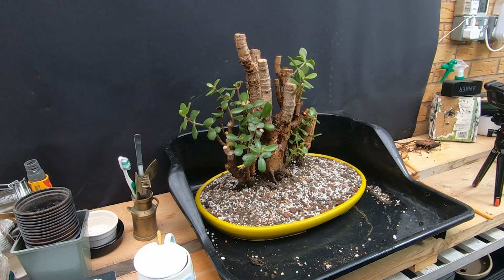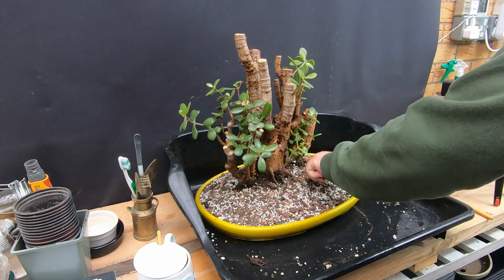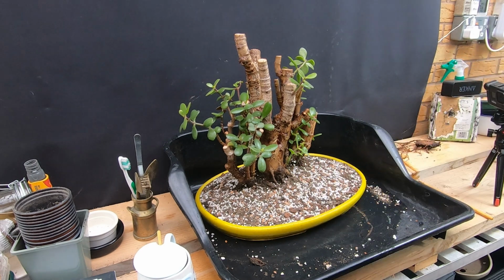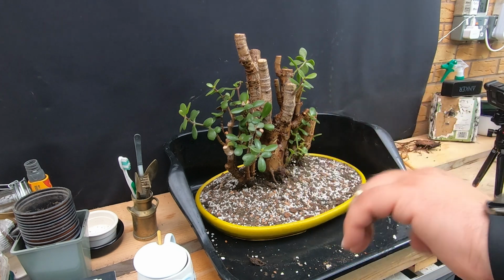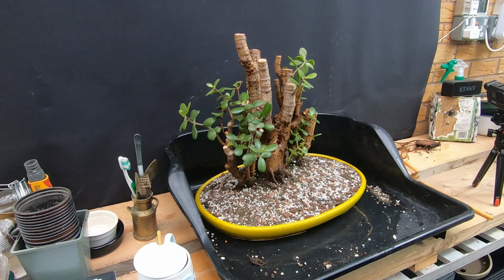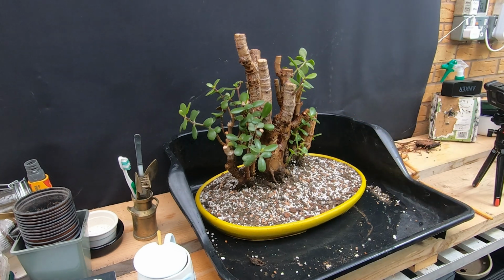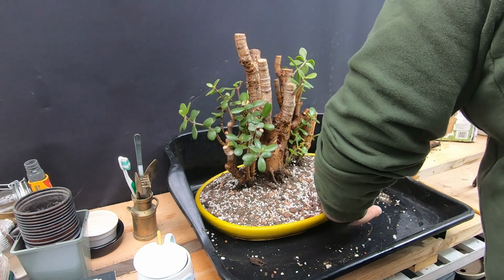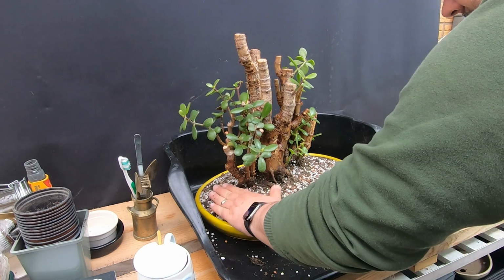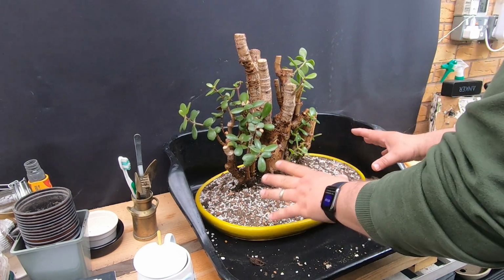Well, that's all the soil worked in. We've exposed a few aerial roots. We just hope that they continue to grow down and do well in the air. I'm not going to water it because of that cut that we did at the bottom. It had a good water previously, so I'm basically happy for it just to survive on what it's taken up. We'll allow it to sit for maybe 2 days, and we'll water it in a couple of days, give it a real thorough watering,